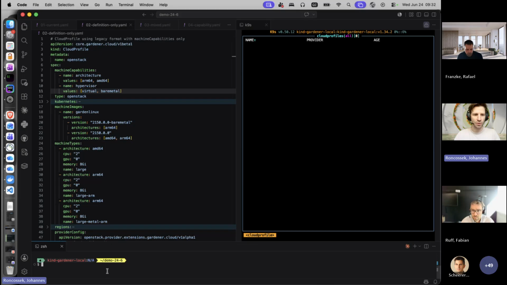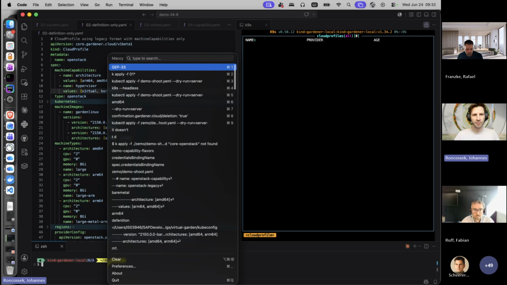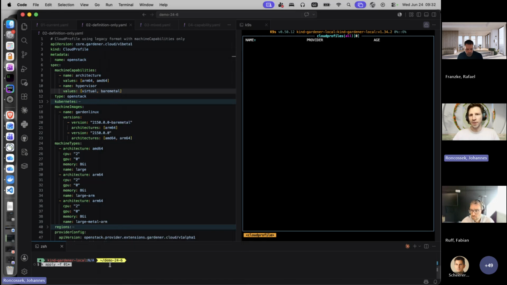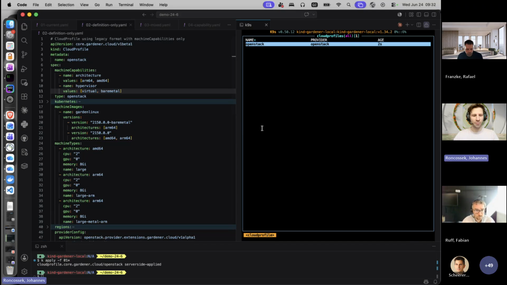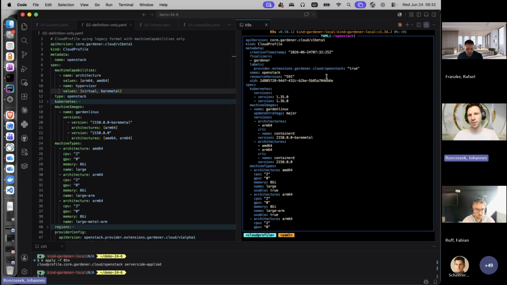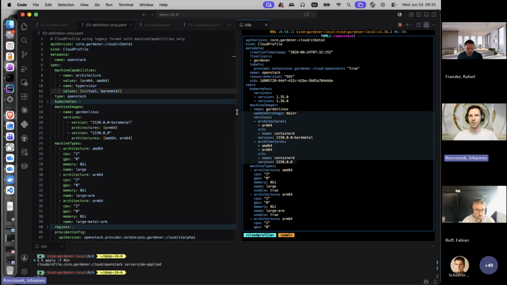Now let's see how this would look in the cluster. I have here a local kind cluster with the OpenStack admission installed. And if we apply the first cloud profile, it looks a bit like we know it. Nothing greatly changes. It's just a bit less condensed because the arrays open up. But we have the normal version here. All good so far. Now, if we apply the second example that just added the machine capabilities field, nothing else,